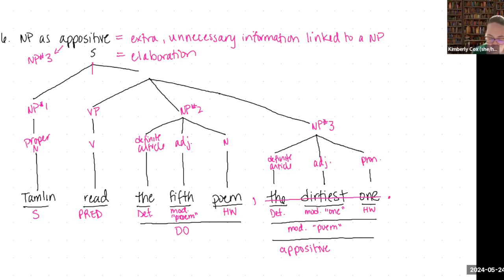And one of the ways you can think about this is that we have an additional branch, which tells you that it is indeed excess information, right? Or extra non-essential information. So those are the various ways that noun phrases can function in a sentence. So hold on to those as we're exploring nouns a little more deeply.